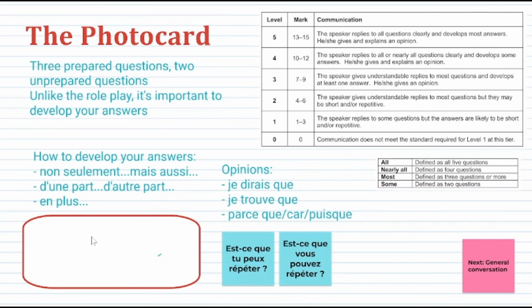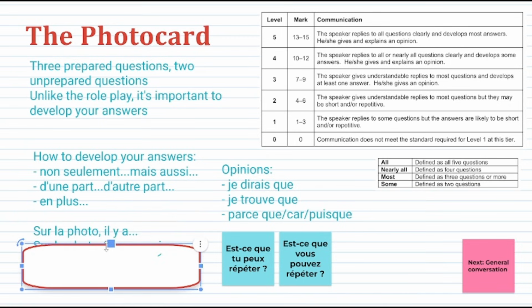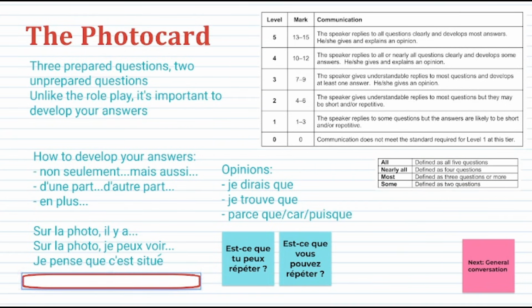And in the question where you describe the photo, don't just start your sentences with sur la photo il y a, but maybe also use je peux voir, I can see, or maybe even c'est situé, which means it's situated or it's located. And finally, just make sure you include an opinion and a reason, as this is required by